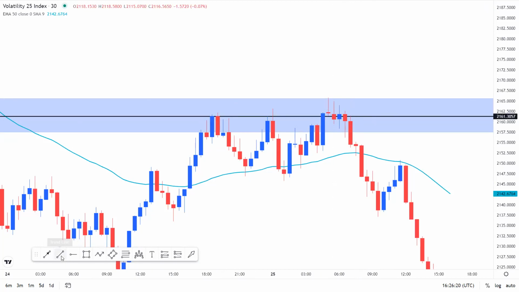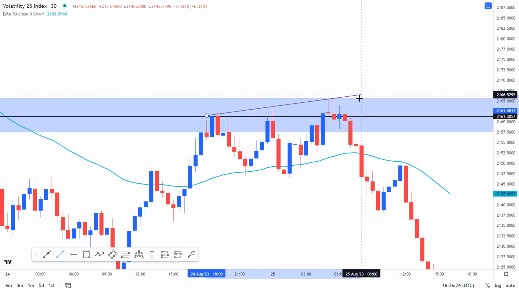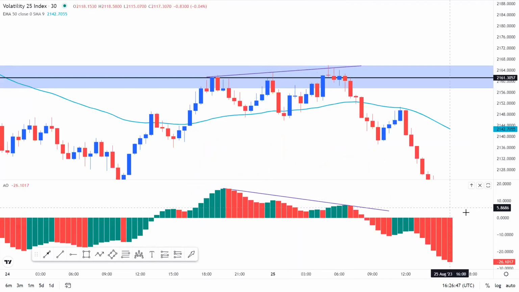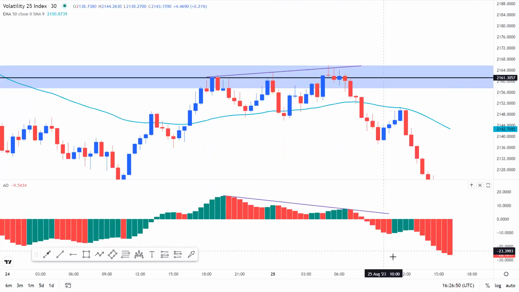And then also, I noticed while we kind of printed, you can see the high of this weak rejection right here being higher than this previous high. And then we had the next high. So we had the candlesticks pointing us higher highs right here. And then if you bring in the awesome oscillator indicator,